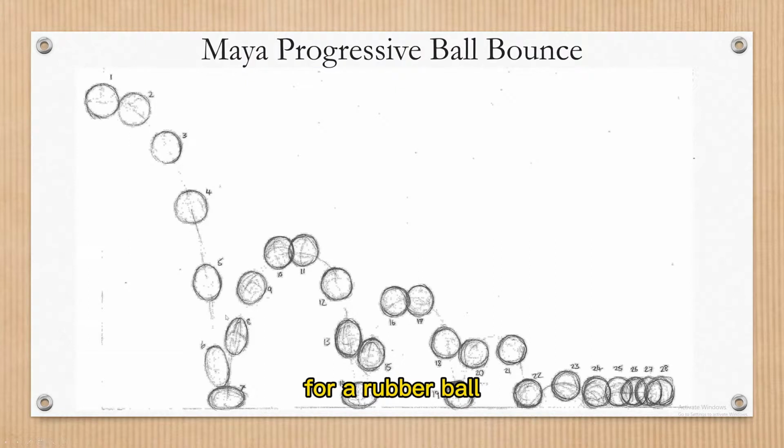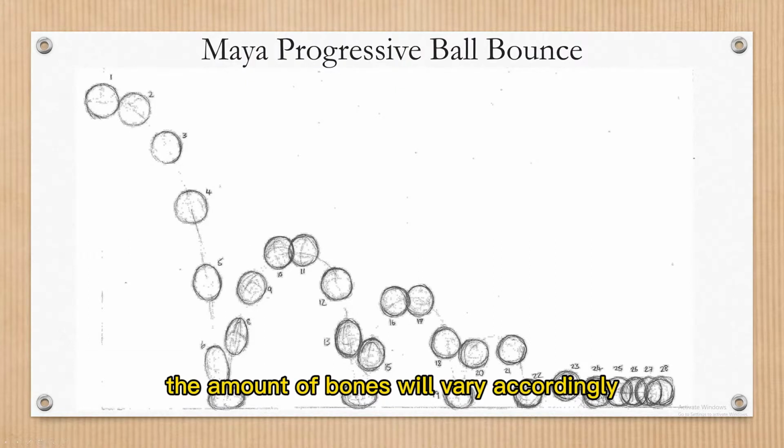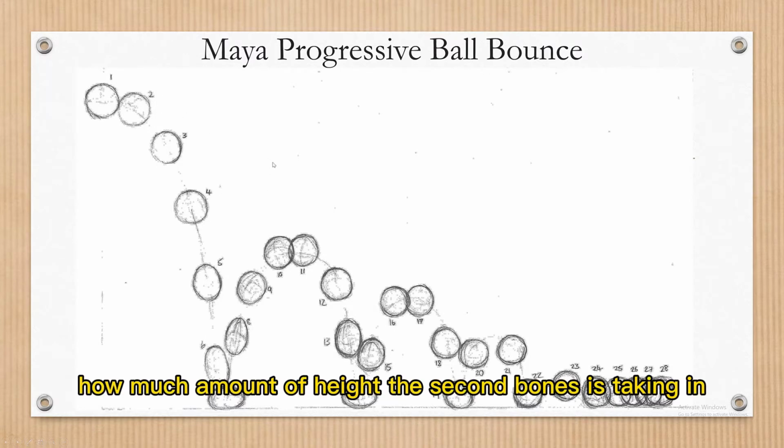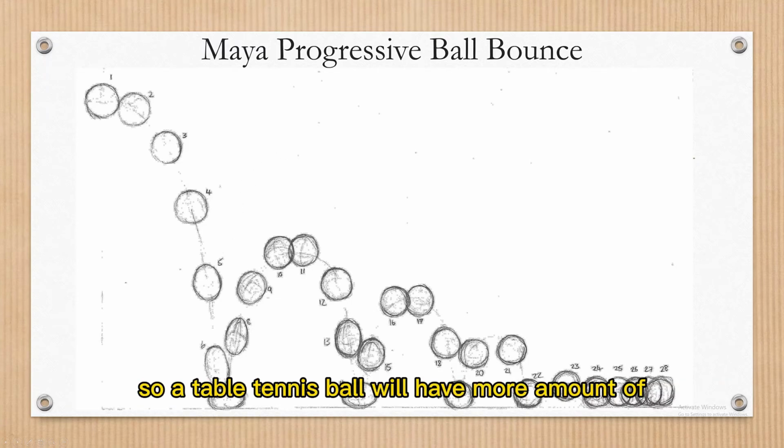For a rubber ball, the amount of bounce will vary accordingly. So you also need to understand from the first level how much height the second bounce is taking. So a table tennis